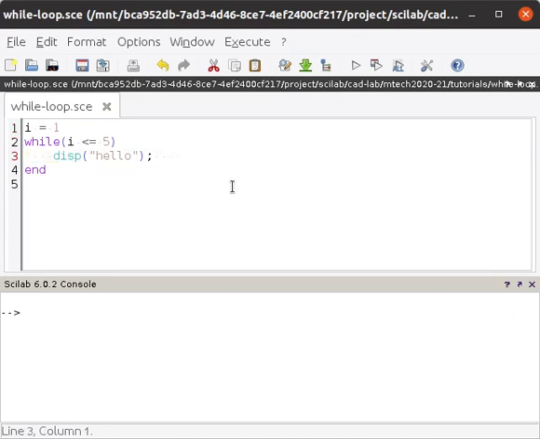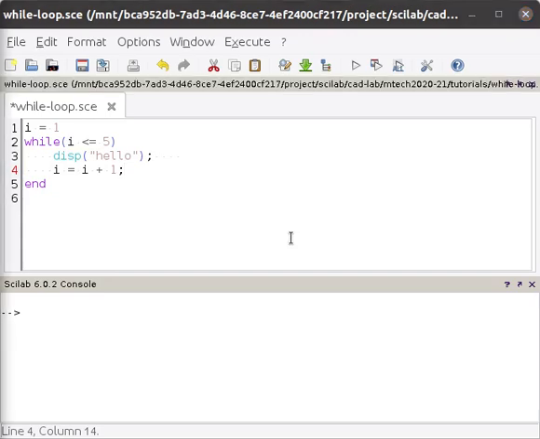So in the loop you need to change its value. So what you will do, you will do like this. Now you are changing the value of I, and it will increase from 1, 2, 3, 4, 5, and when its value is 5, then the loop will break.